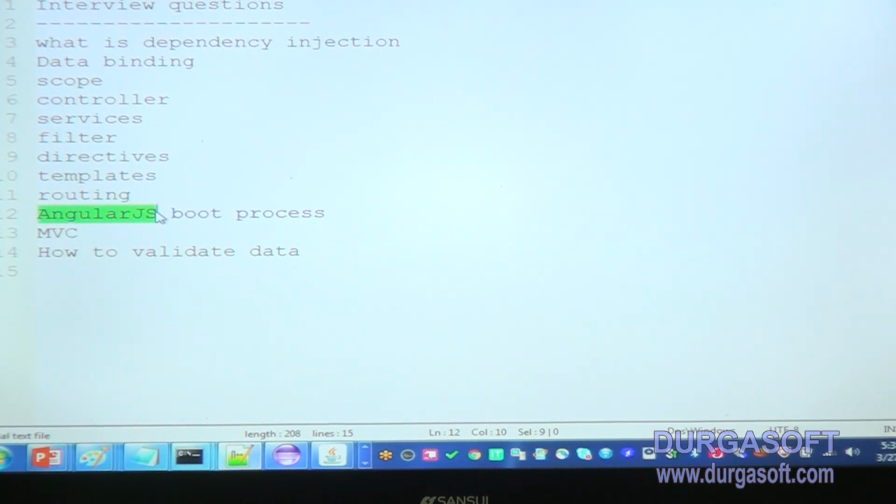It will bind the script with your document or your view. Whatever directives, services and configuration you have done, all of it will be identified at the time of page loading in the browser.